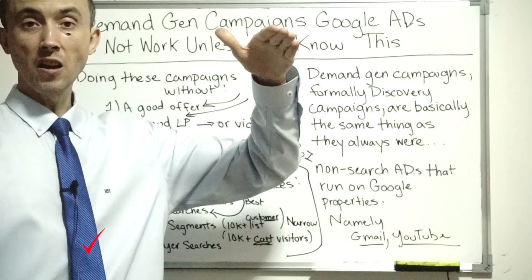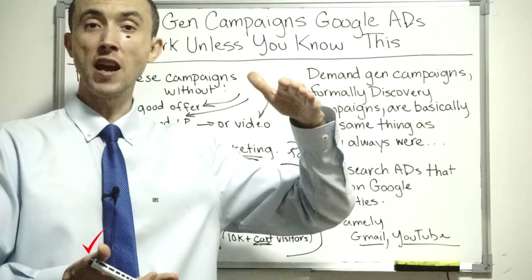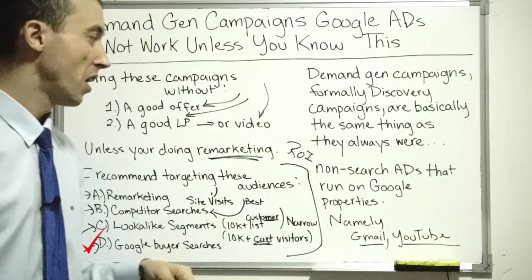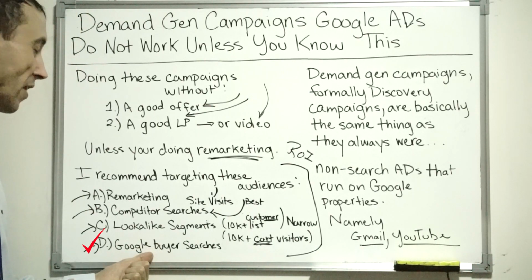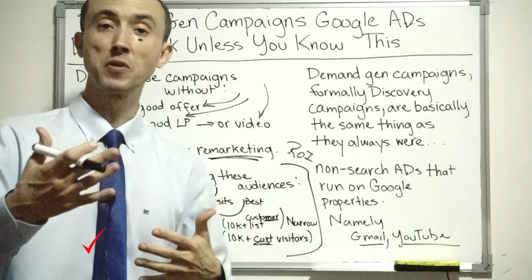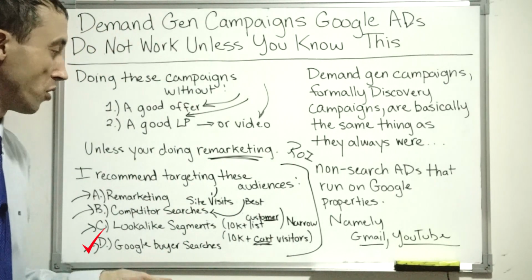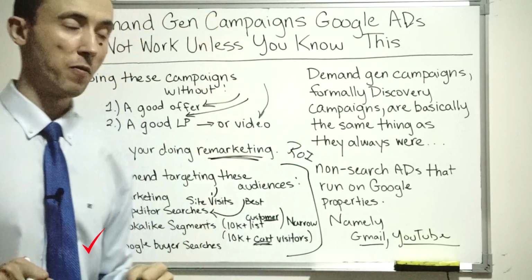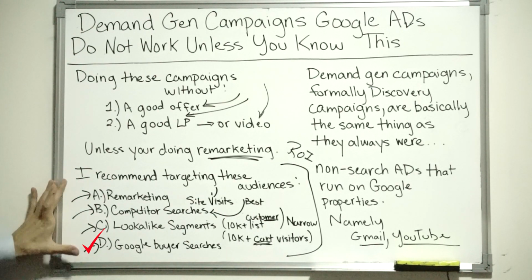Take all those terms, or if you've been running search ads already, go into your search terms report, pull out all the terms that led to a conversion, and then create a custom audience that targets all the people who made those specific searches in the recent past. You can do that as well. Then you're only showing up for people that are in market, if you will. So those are the main 4 to